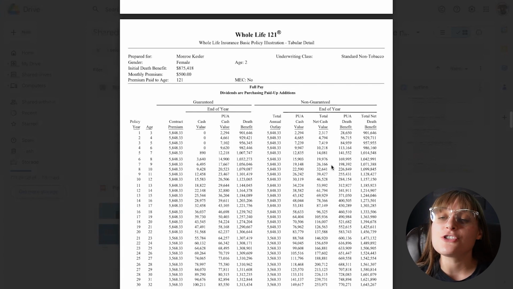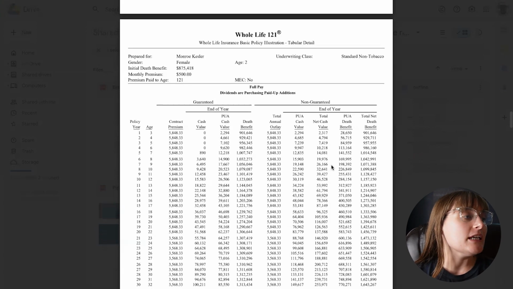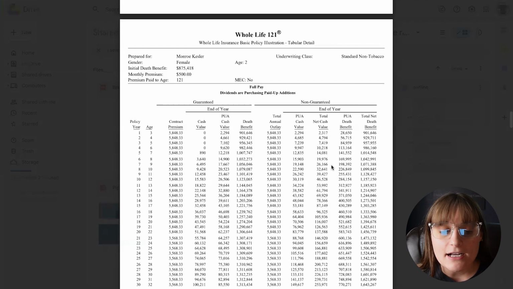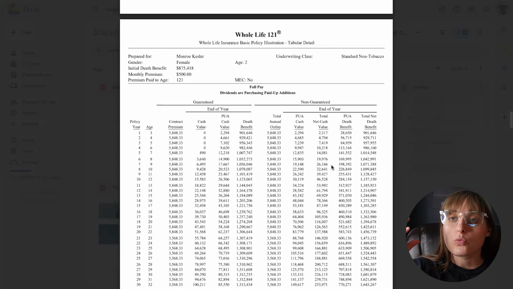So Monroe, she's 2 years old right now, and so she is just starting her life. She's not working, not producing any income. Maybe later on down the road, she's going to have large expenses that she needs to buy in her life. But for this one, if I was in Monroe's shoes, her being 2 years old, I am going to design this policy with a higher base premium compared to the paid up addition riders.